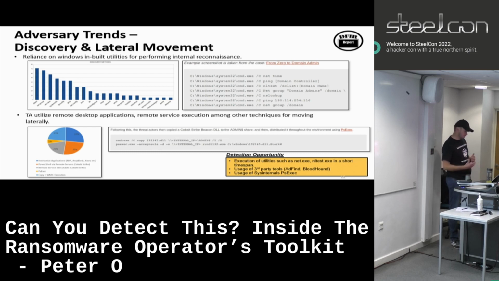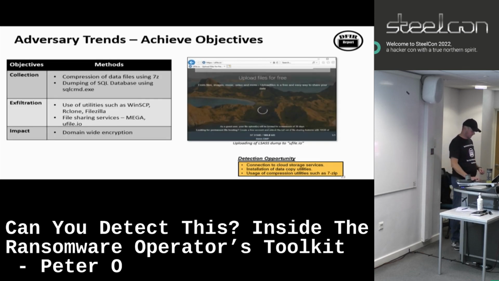Other types of remote execution use WMI, where they interact directly with the host and execute commands. Once they've done the initial access, established a foothold, done the lateral movement, and done the discovery, they'll start doing exfiltration, and they may do some exfiltration throughout the intrusion. So some of the things they do: